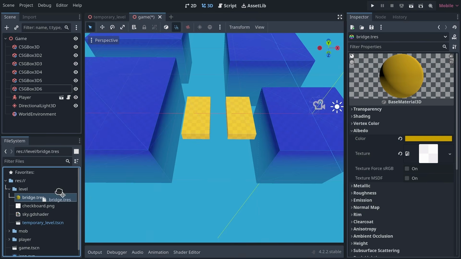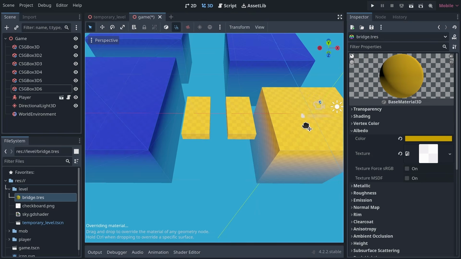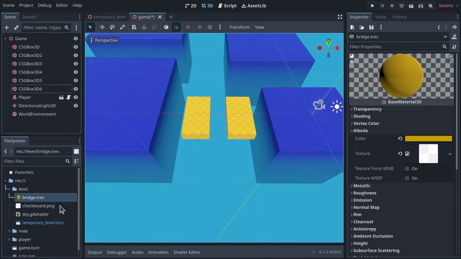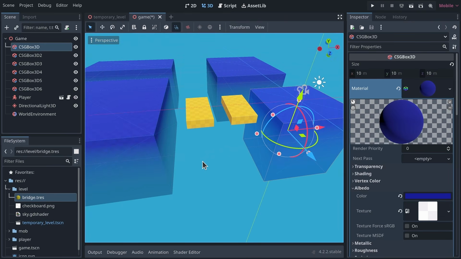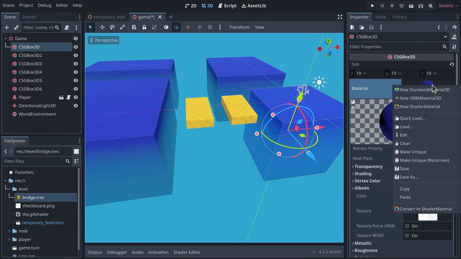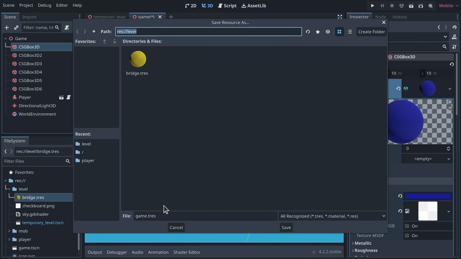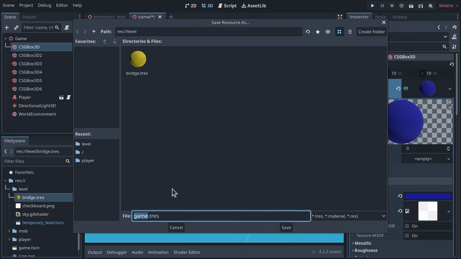You can also click and drag the file onto meshes in the game world, and you can see a preview of the material, and you can assign the material this way. We're going to do the same for the other platforms that are currently blue. I'm going to right-click on the material slot, select Save As, and I land in my level directory. And I'm going to save this one as